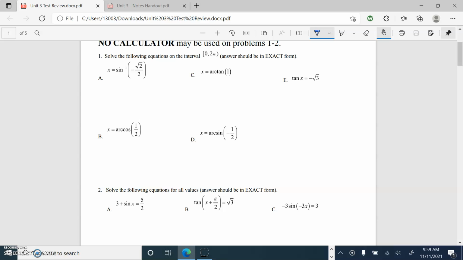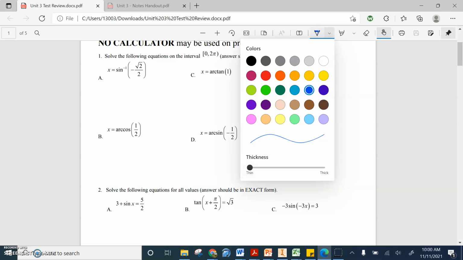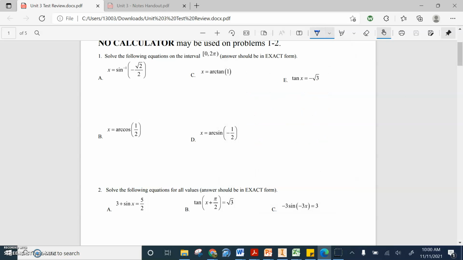So exact form means that we have to have those exact ratios, pi over 6, pi over 4, square root 3 over 2, those kinds of answers. So let's get started looking at number 1. In a question like 1a, sine to the minus 1, so that's arc sine, asking what